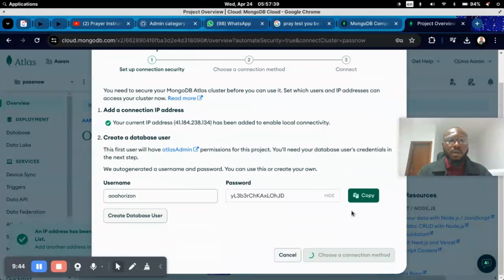At this point, the first thing to note is that it just added a connection IP address, which means it picked my IP address. Of course, I can tell you it's subject to change, so there's no need to copy this. What this means is that as long as this database is created, I'm the only person that will have access to read and write or do other things in and outside the database,